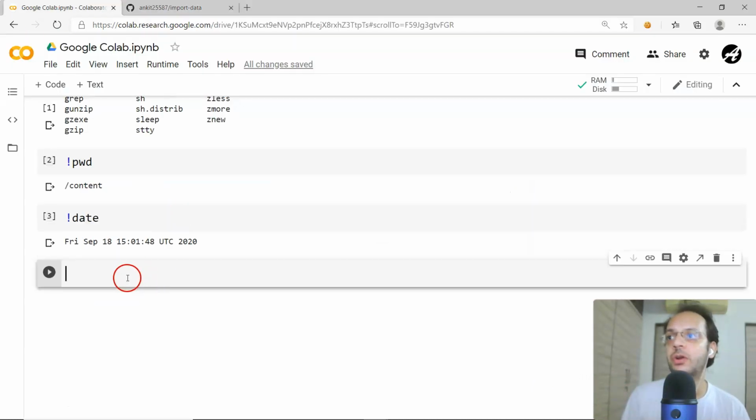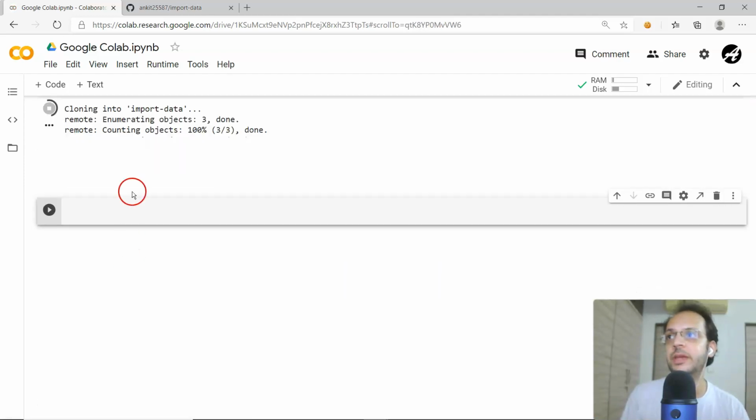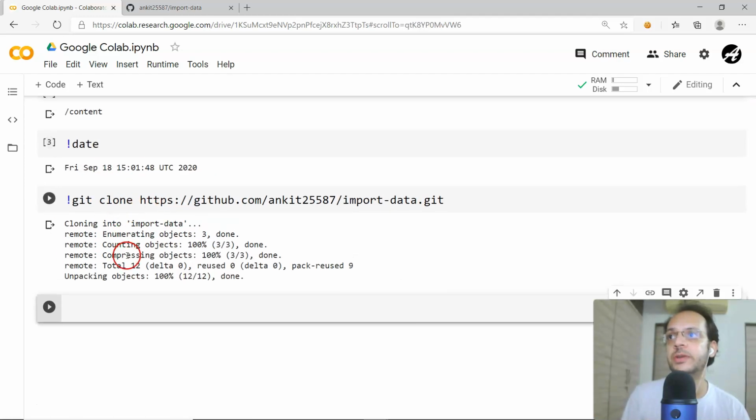Let me go to my Colab. Now here Git is already installed, so we can just directly go with the exclamation mark, git clone, and provide the full URL from where you want to clone this whole repository. It is already a public repository, so it is available.